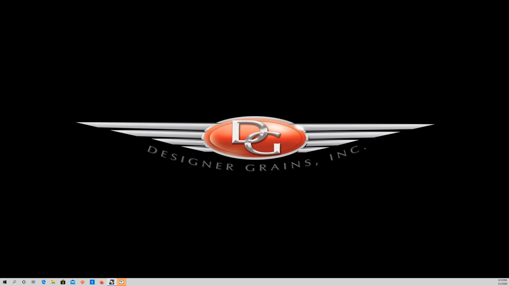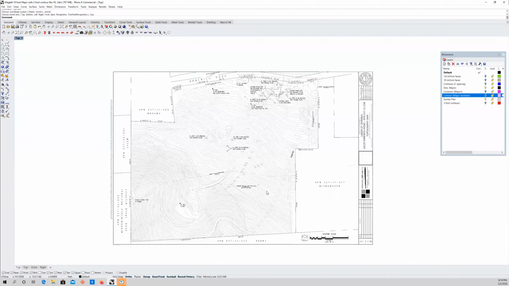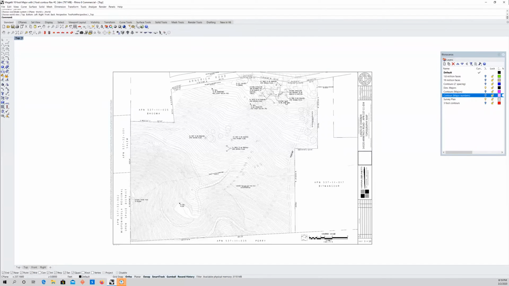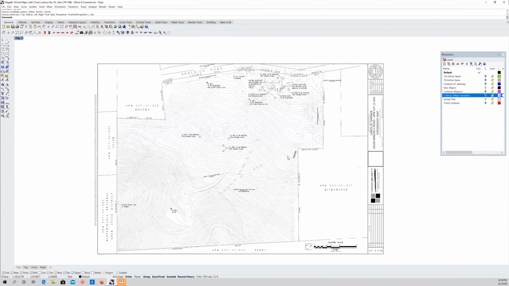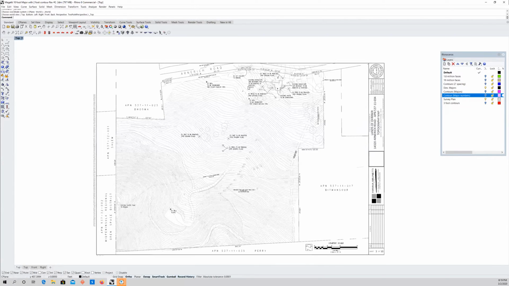Let me bring in the model here. We're going to start off with the original surveyor's map that was supplied to us, that we were going to overlay our information onto. So what I wanted to do was bring in the